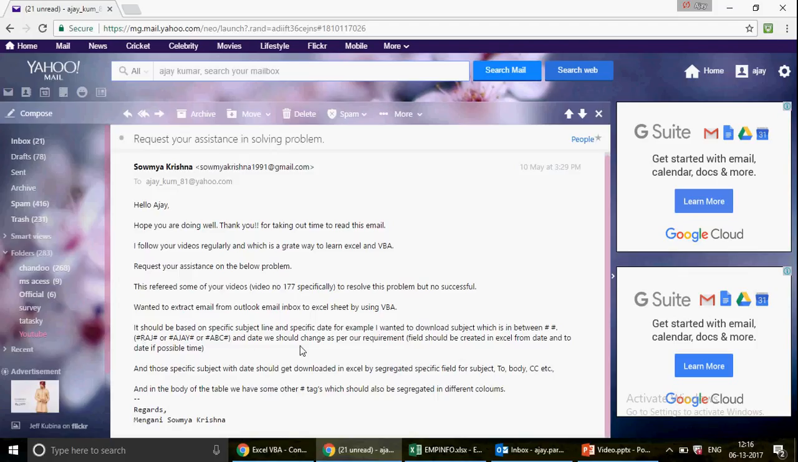And the date we should change as per requirement. Field should be created in Excel from date to date. All those specific subject and date should be downloaded in Excel, segregated by specific fields for subject, body, CC. And in the body of the table we have some other tags. Alright, so